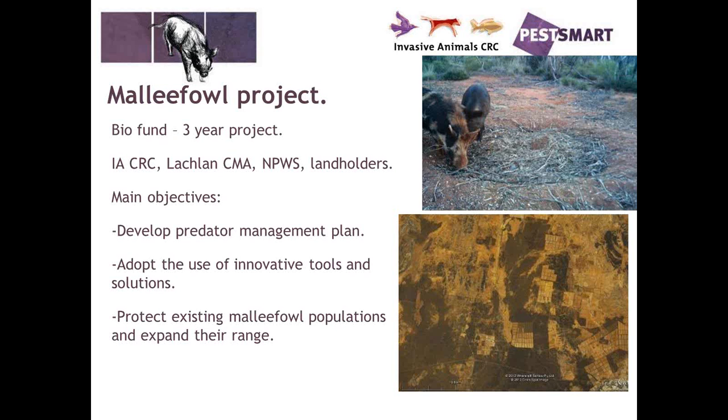And then, as I mentioned, the Malleefowl project, it's a 3-year biodiversity fund project. We're working with the Lachlan CMA, National Parks and Wildlife Service, and also many surrounding landholders. You can see there's an image of the site here. This is all remnant mallee runs through private land, which joins to the national park down the bottom. So Malleefowl exist here, and they exist right throughout here. And what we're hoping to do is to develop a predator management program through this area, and also on surrounding properties, to help reduce the pressures on Malleefowl so that they can actually get some recruitment into the breeding population.